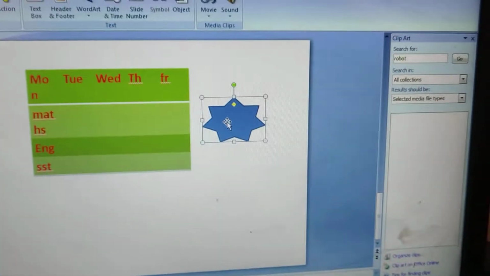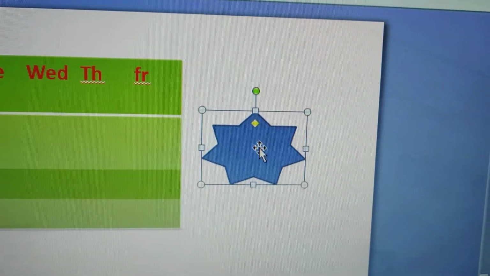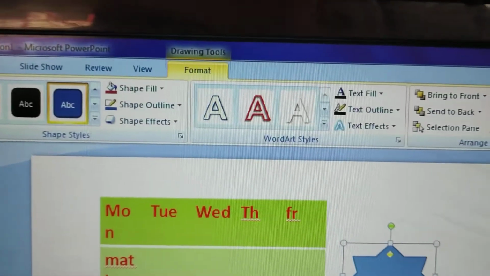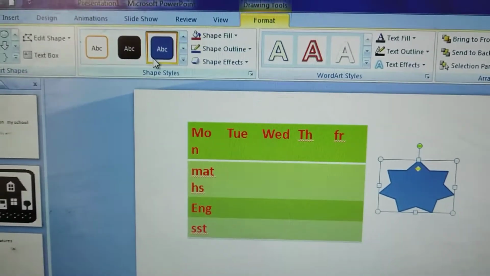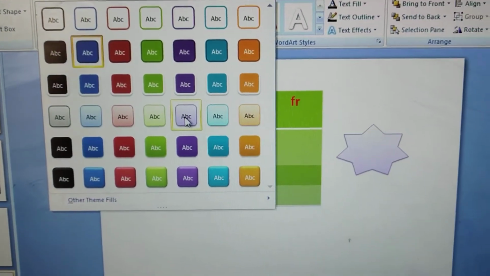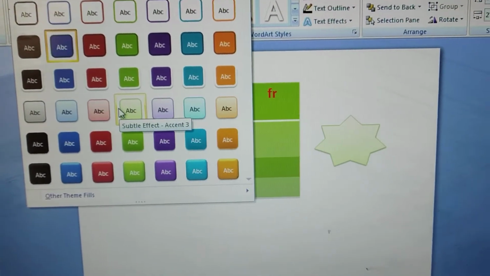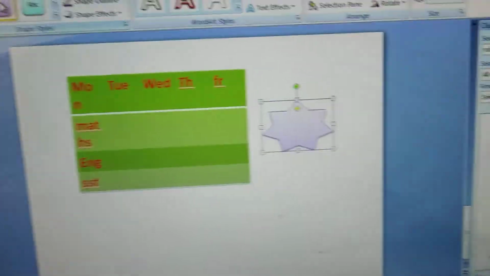Now I want to change the color, then when you double click on that shape you will get this type of ribbon, and here whichever color, whichever shade you want, you can take it. Okay, suppose I will take this one.